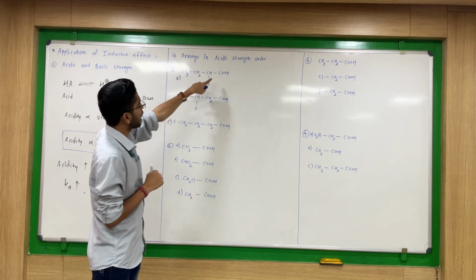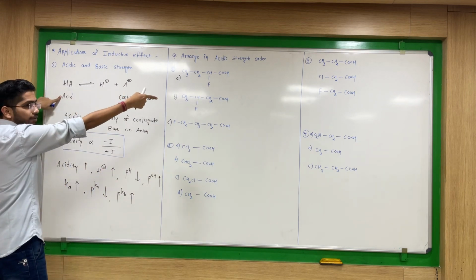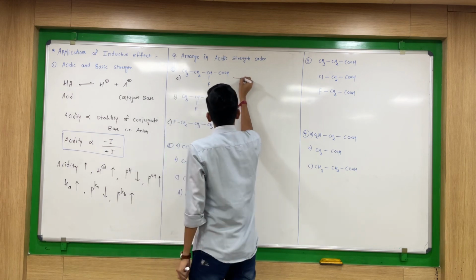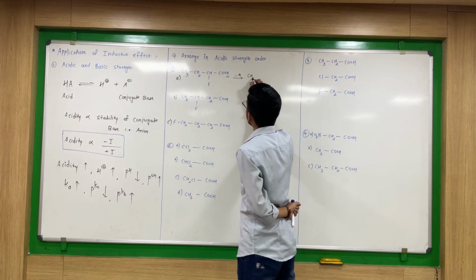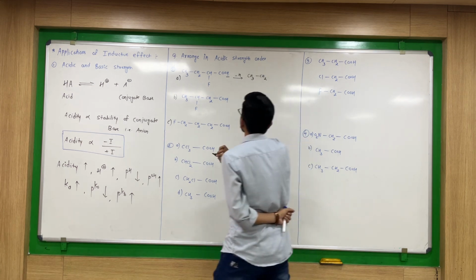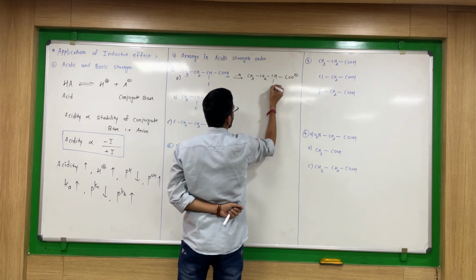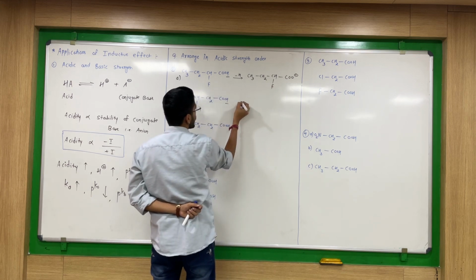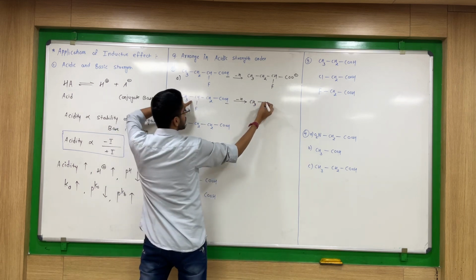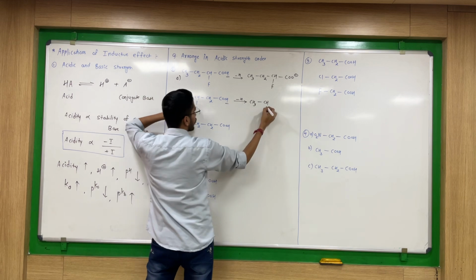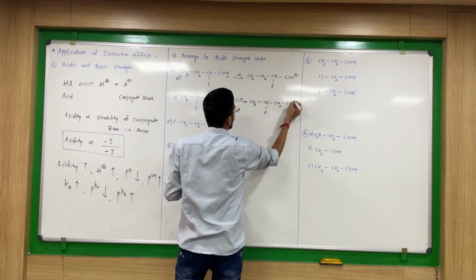When we say acidic strength, we have the acid with us, so the H plus ion will be released. If H plus ions are released, what will form here? H plus will move from here, so it will leave CH3, CH2, CH and COO minus, and fluorine is there. Same thing here: I can remove this H plus ion, then CH3, and I will write CH as it is, then fluorine, then CH2 and COO minus.